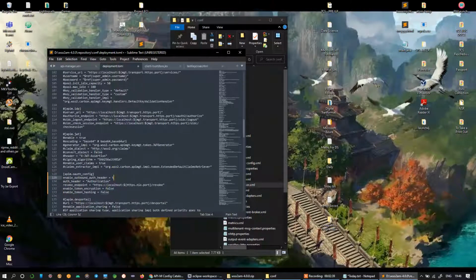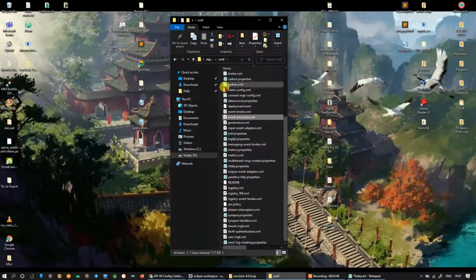Okay, and you need to set it as true because we are going to send the access token. The APIM should send the access token to our backend API because our backend APIs are secured with Keycloak authentication and authorization. So we need that auth code or access token in the backend also. By default it is set to false. So when you set it true, WSO2 sends it to the backend also. Otherwise, it won't send the code to the backend and there will be no authorization in the backend. And if there is no authorization in our APIs, then we cannot access them. We are given a status of forbidden or unauthorized when we access the endpoints of our secure Keycloak APIs. Now I will save this.